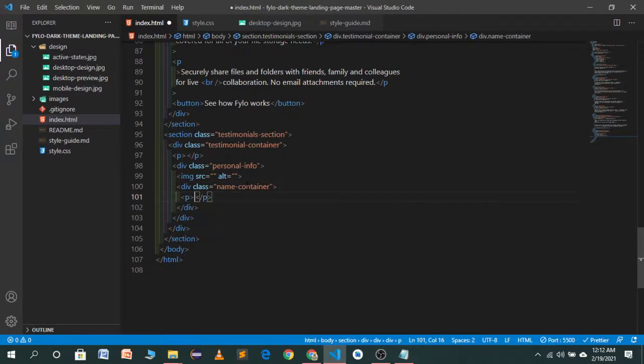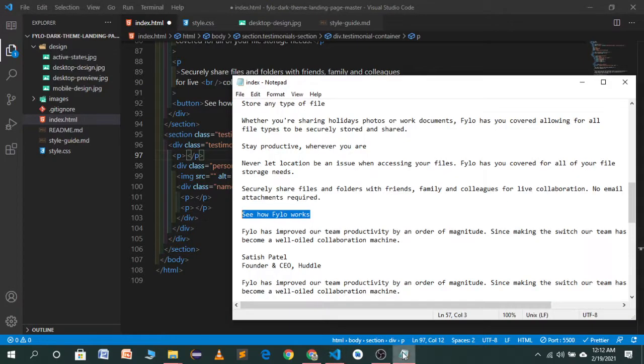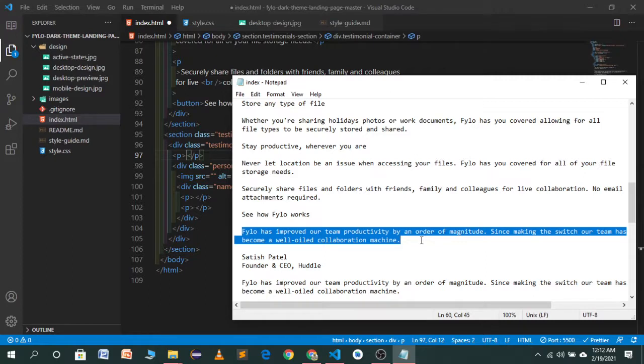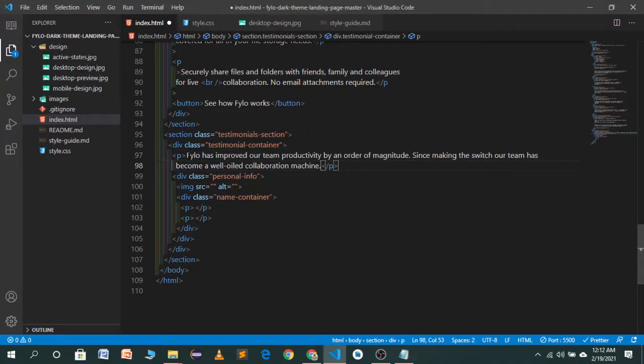Here we have a name and his position. First of all, I will copy the paragraph, which will be this one. Copy this and paste it here.